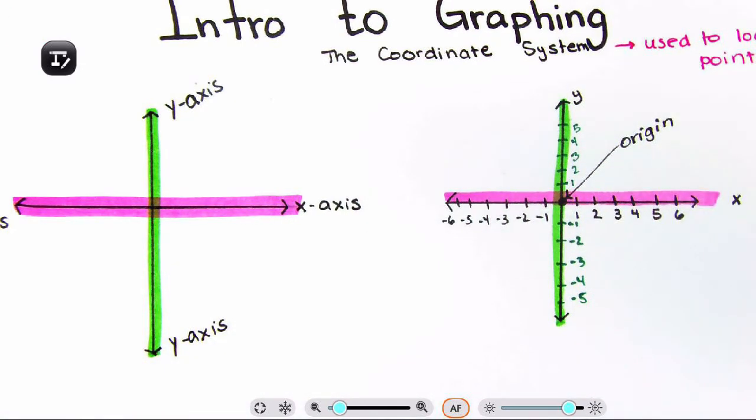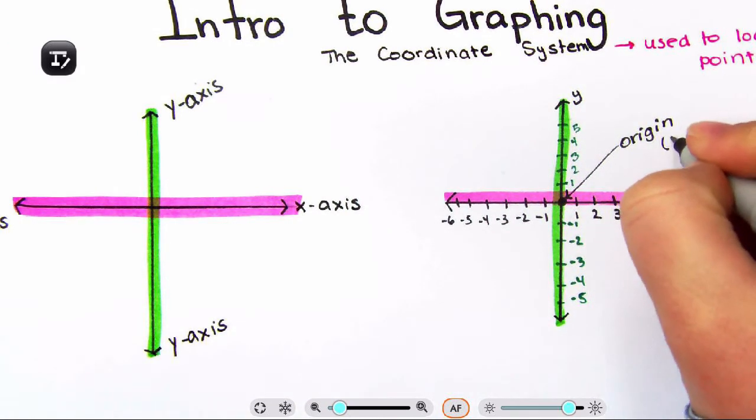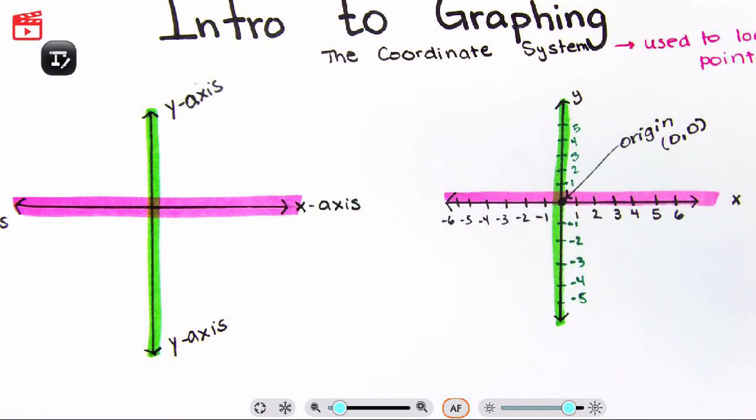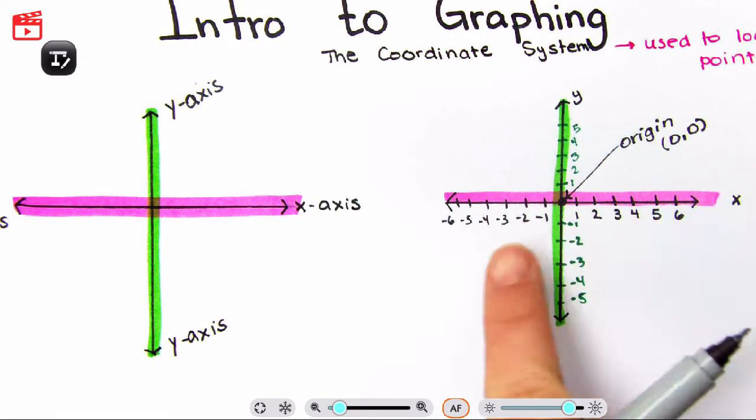That point is very important because that's where you start. That's 0. We're going to talk about your coordinate point in just a little bit, but that's 0, 0. So now that we have discussed your x-axis, your y-axis, and numbering positive and negative,